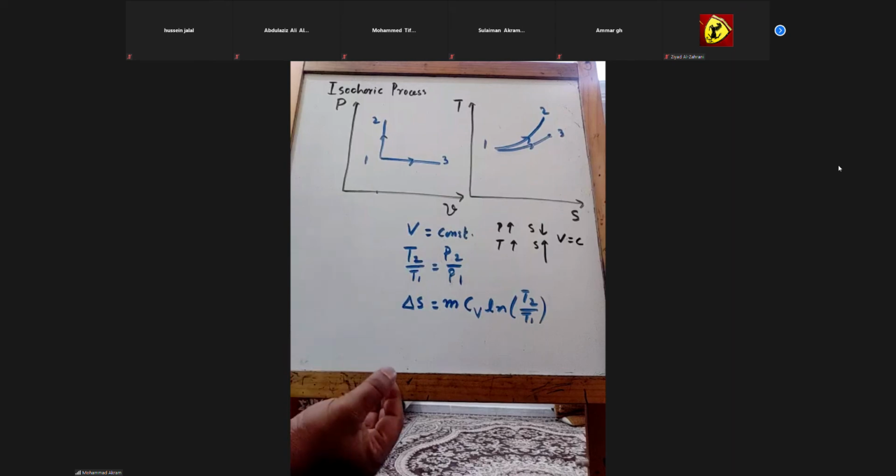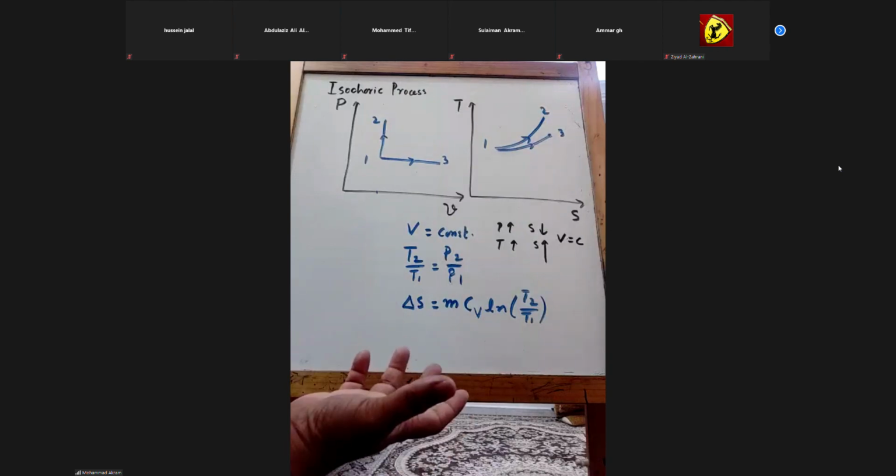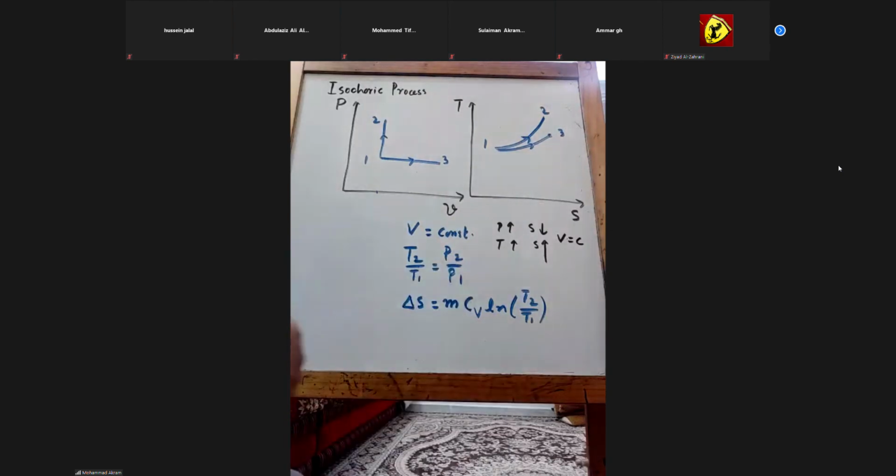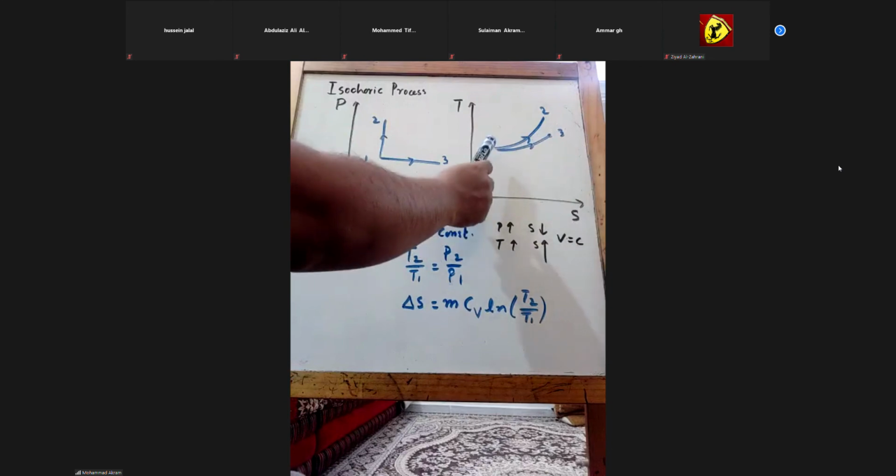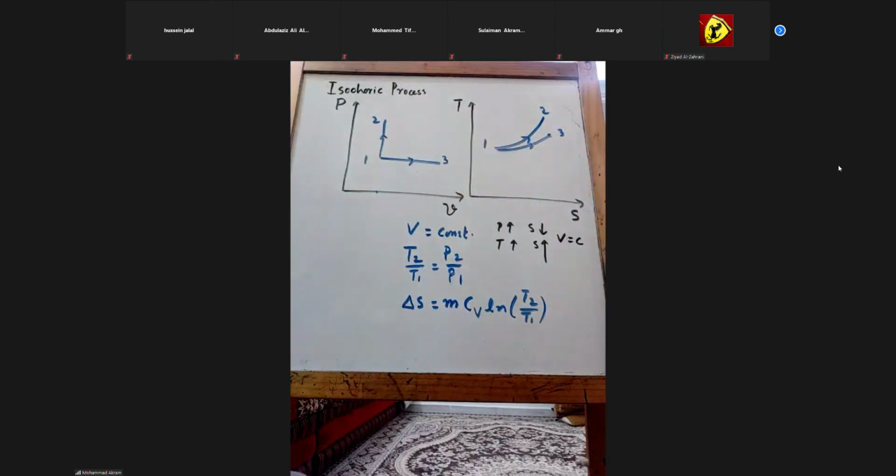This is the indication that constant volume process is faster. Like cooking in the pressure cooker is faster compared to cooking it openly. Like barbecue takes more time. Okay, if you cook it in oven, it may take less time. So 1, 2, 3 is constant pressure and this is constant volume. Constant volume process has higher slope compared to the constant pressure process.